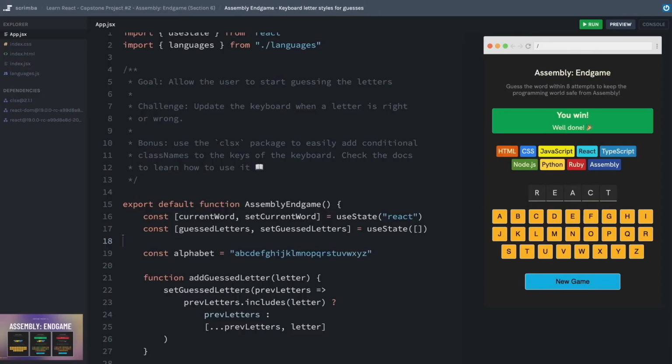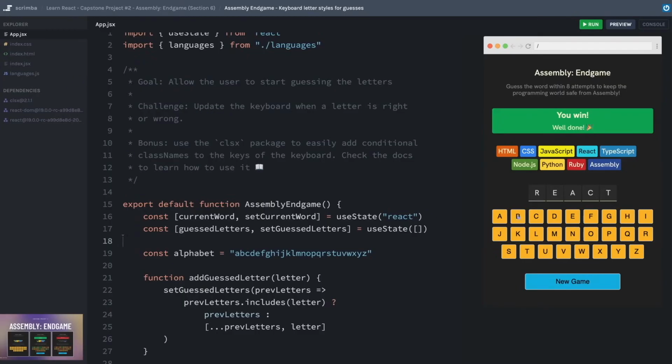All right, folks, this is one of those challenges that's going to require you to think critically. I'm being pretty vague in all the steps that will need to take place in order to complete this challenge. And as a bonus, you are going to get a chance to read about and use a fairly popular third-party React package. So first, let's talk about the challenge.